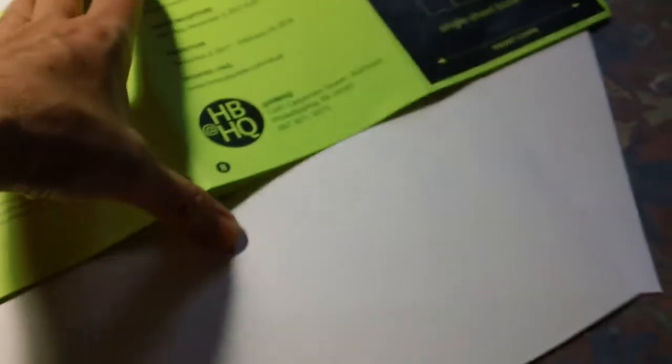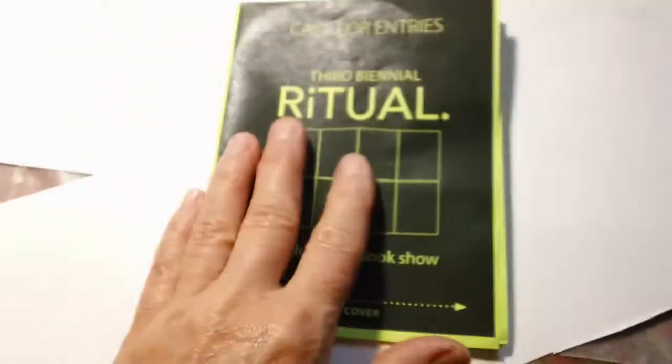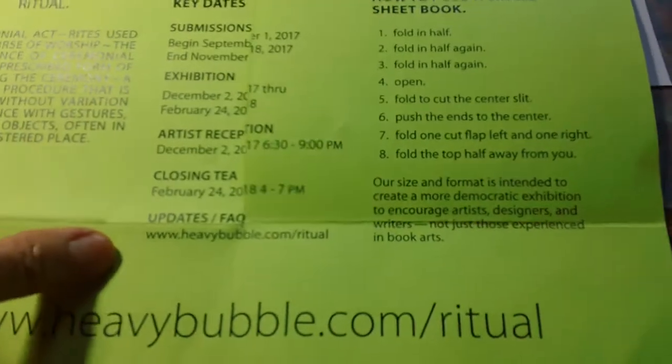And what you do is you take an 11 by 17 piece of paper and you fold it in a way that you end up making an 8-page book like this. And the reason why they do it this way, and it shows you on the back of this sheet of paper, but I gotta send these in soon. The reason why they have it the same size sheet of paper for everyone is so that it's an equal showing. So when you send them in, the little books are just like in plastic baggies on the wall,